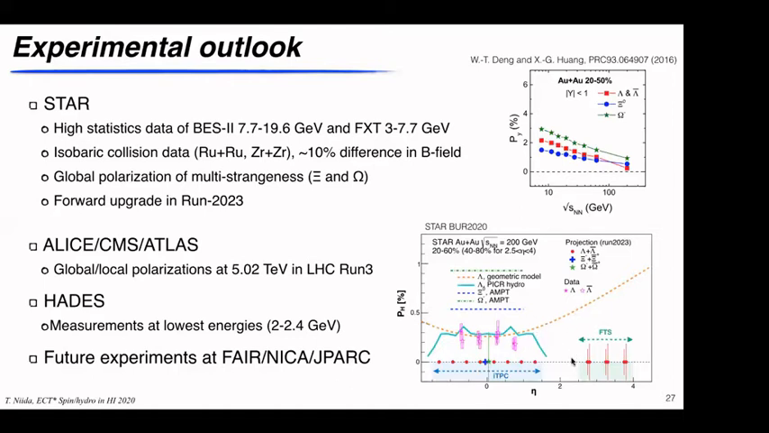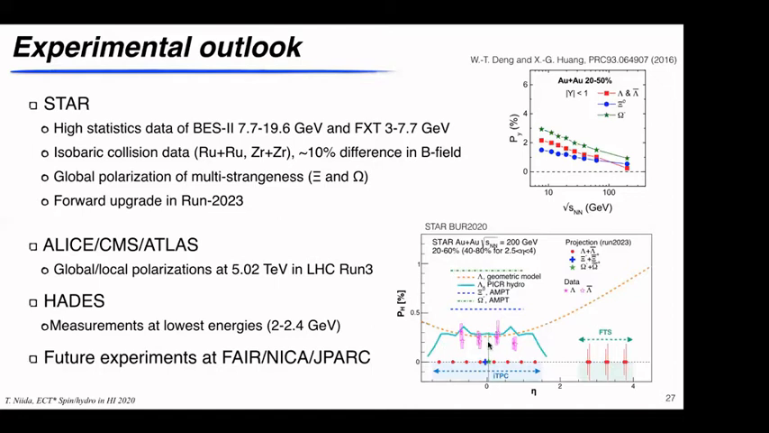With the iTPC, and the forward tracker around this region, we can measure the polarization covering this range. This red data point is a projection for lambda. The error bar would be this size, and at forward rapidity it becomes larger. And we can also measure Xi and Omega polarization with this